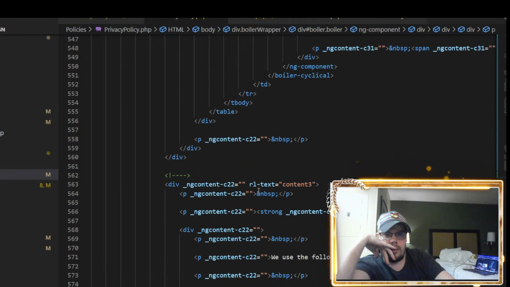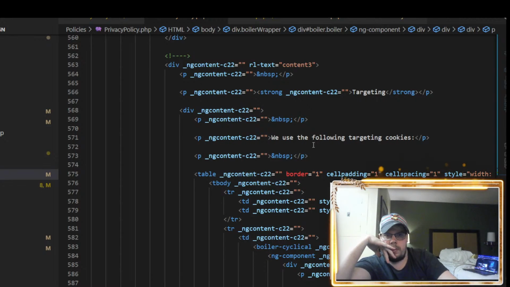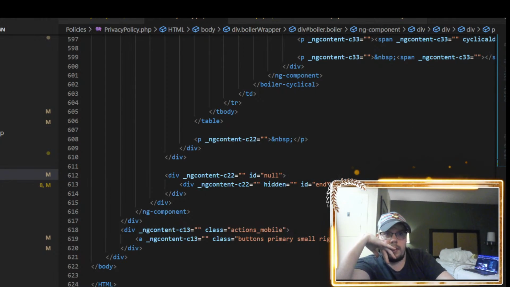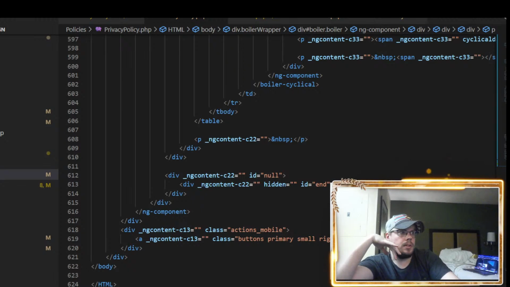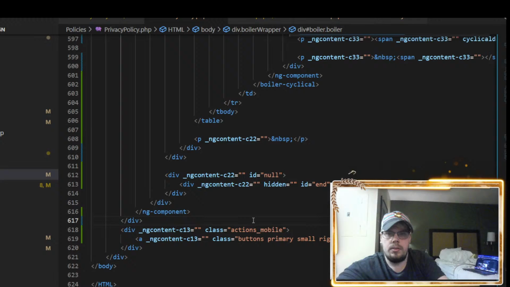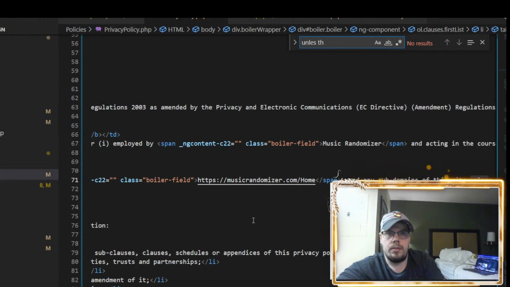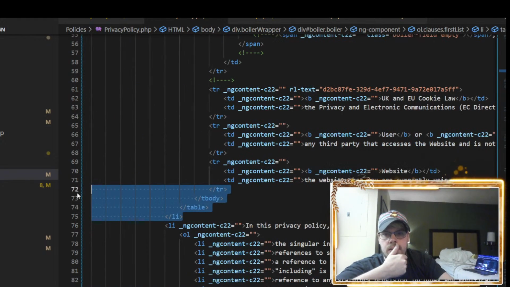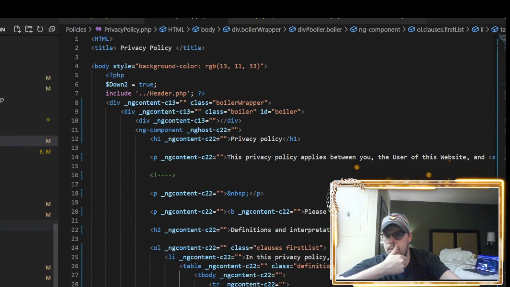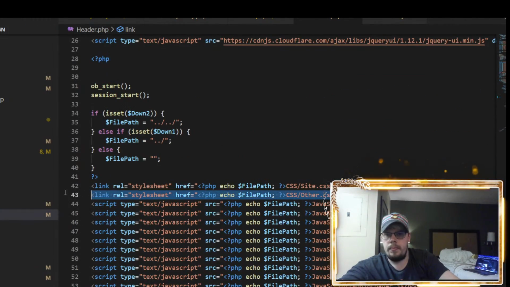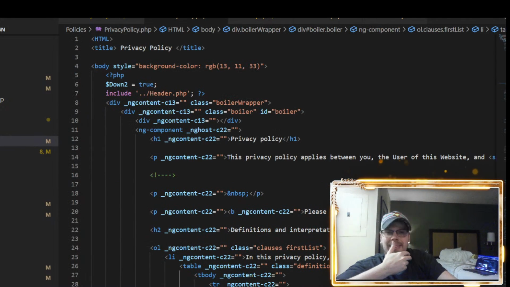I don't know if this is all the data. We are using the following cookies. This can't be all the data. Hold on a second. Unless this context requires. So let me do a control search for that. Oh, unless the context requires. Okay. Okay, hold on. Let me see how this